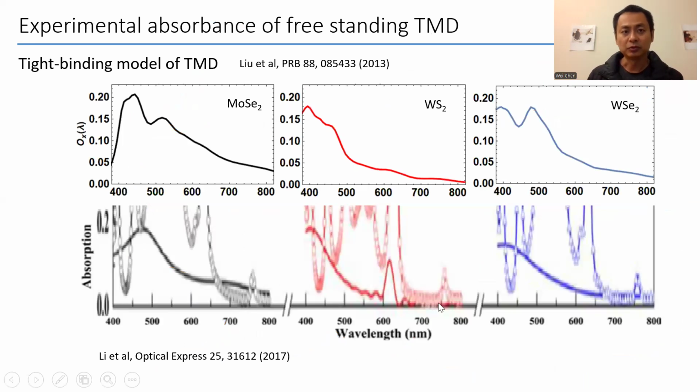Now, another class of 2D materials that have attracted a lot of attention recently are the so-called transition metal dichalcogenide materials. Now, there are many of them. We take a few of them that have already been investigated by a simple tight binding model by Liu et al. in 2013. We calculate its absorbance as a function of wavelength, and we compare with the experimental data by Li